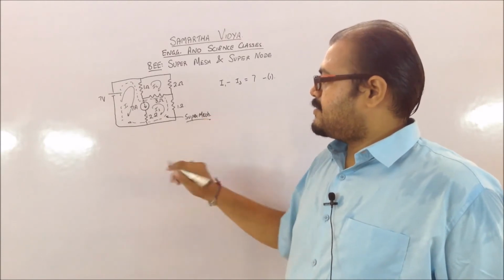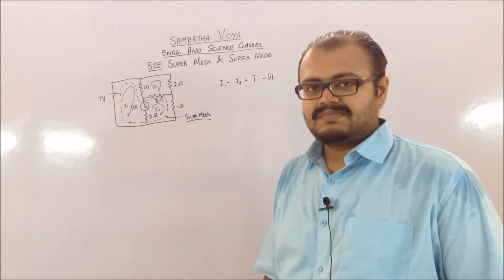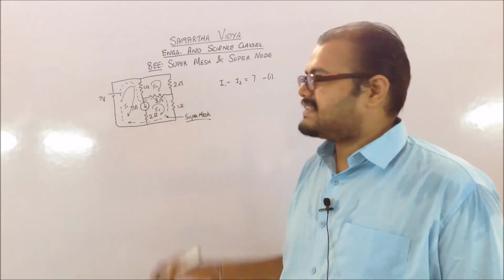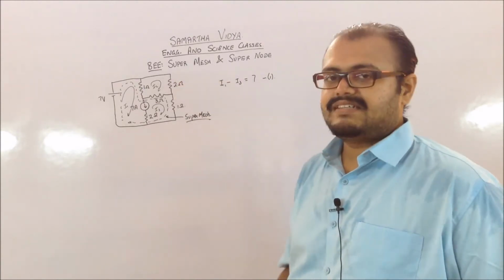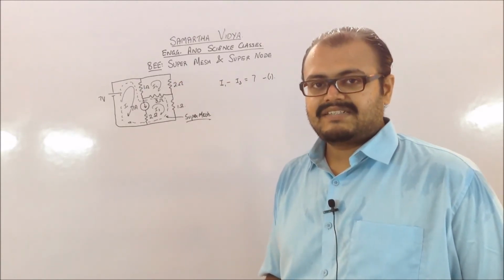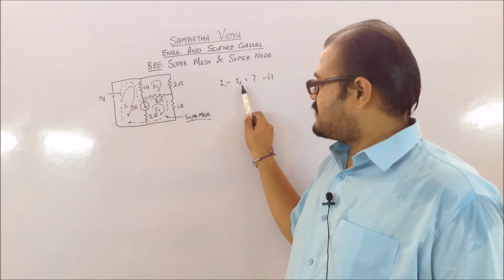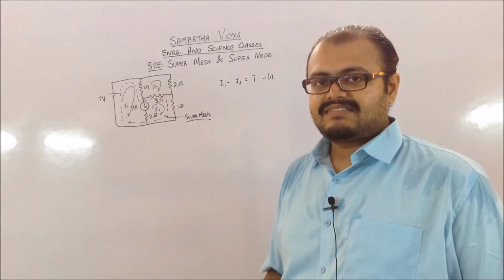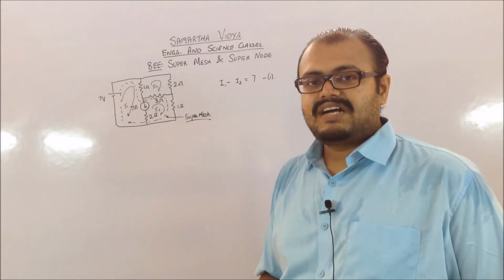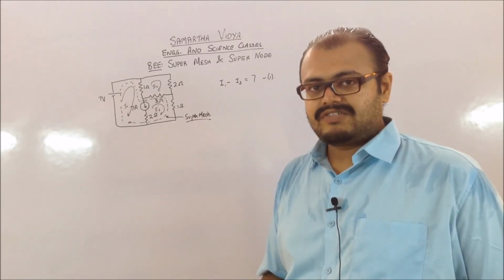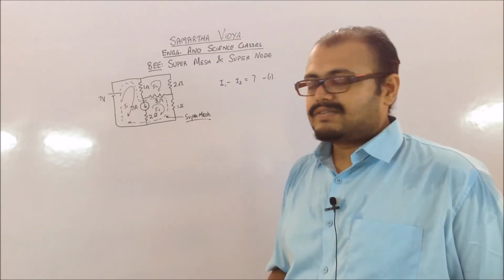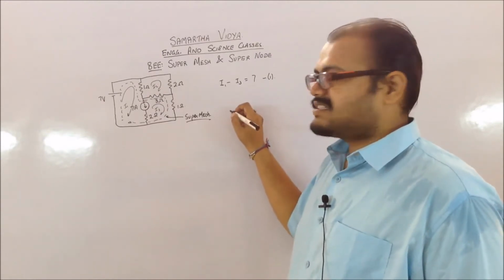So you will be getting one equation from the super mesh by applying KVL, and the second equation from your second mesh, and you have already found your I1 and I3 relation from here. Since you have three unknowns, you have found three equations. So let's go for the application of the KVL